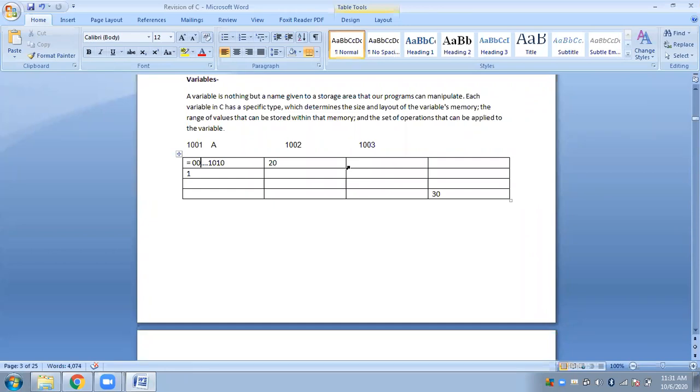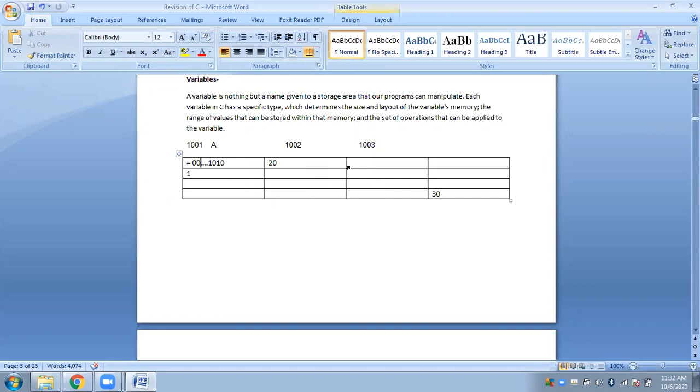Okay, so now when you want to store some data, you should be able to know where you are storing the data, or you should be able to know the location, so that you can fetch your data from there. So, to make things easier, we make use of variables. These are nothing but names that we give to memory locations for ease of reference, so that we can easily refer to the memory location.